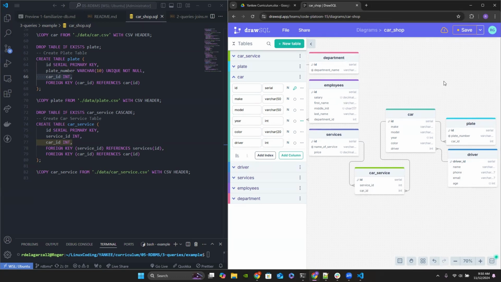Good stuff. So this last one, guys, car service. This was our last example, and this was a many to many relationship, right? The car service was that third table that we discussed that essentially makes the connection between two different tables. Before, with the many to one, we didn't have to have a third table. It could be as simple as having those two tables. You put a foreign key from one into the other. But